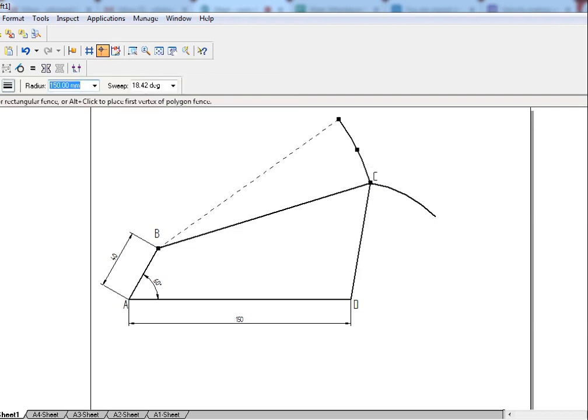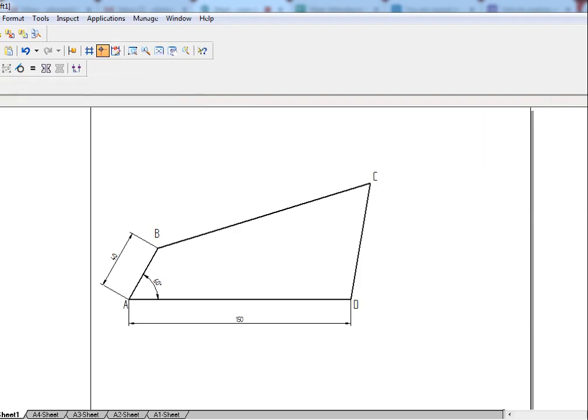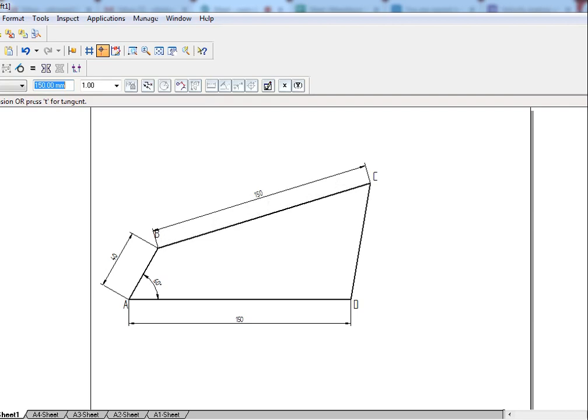So now this I can delete, not required. Okay. So I constructed the quadrilateral, the space diagram. ABCD is the space diagram. This is as per the lengths of the mechanism which is given in the question. I can just show you the dimensions also. So this is 150 and this is 80. So just check the dimensions. Now this space diagram is over. Clear about the space diagram? Yes, sir.